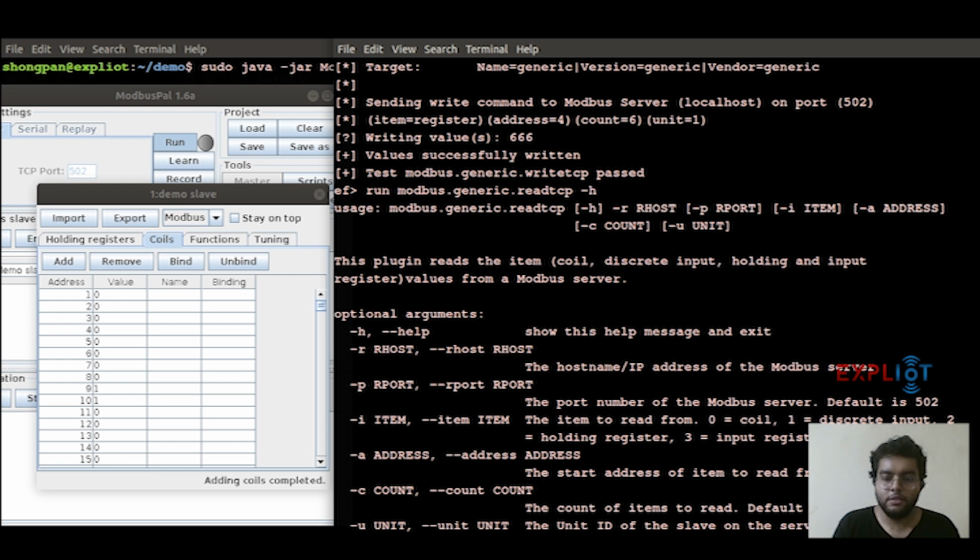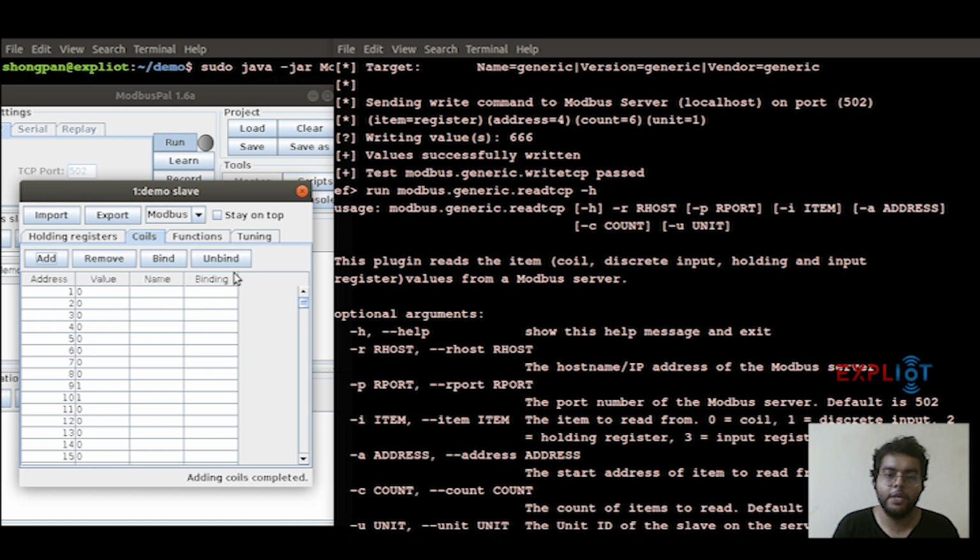So I'll quickly run this plugin. We are using the default port. Let's first read from the coil and address. As you remember, we started writing from the address 8 when we wrote, but I would like to highlight it is again one base address, so it started from 9. So let's read from the address that we wrote from, 8, and let's give it a count of 3. Unit ID is 1.